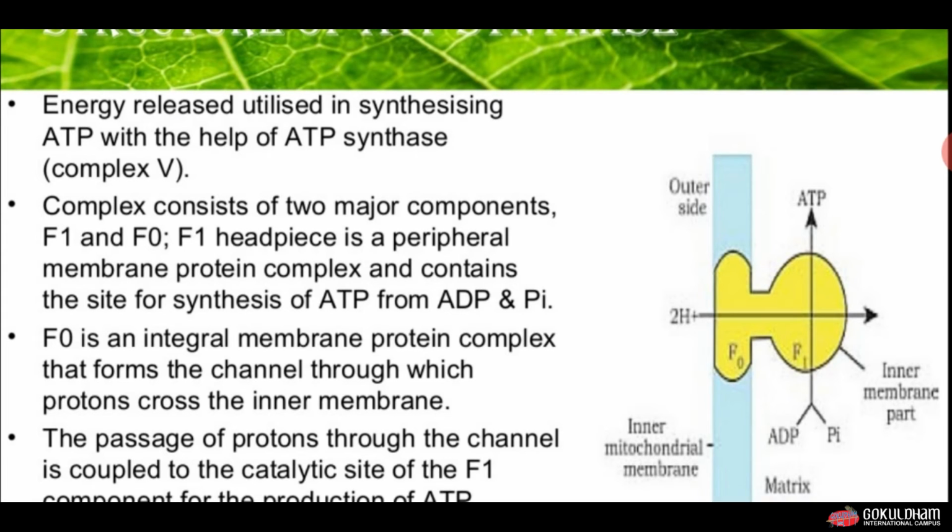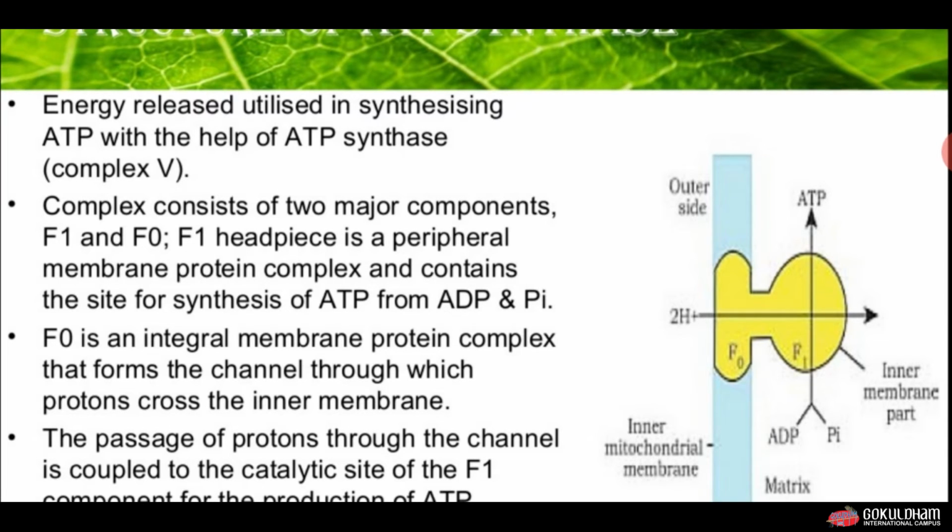Here in the figure you can see that ATP synthase is made up of two components. First is F0, which is integrated in the inner mitochondrial membrane, and on the inner side of the membrane the F1 particle is there, which is responsible for the formation of ATP from ADP,